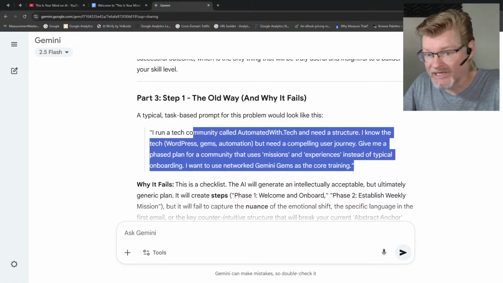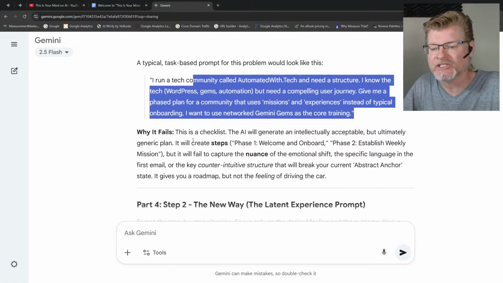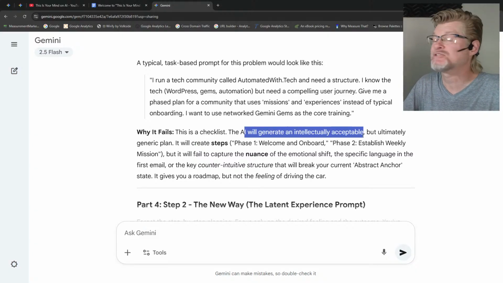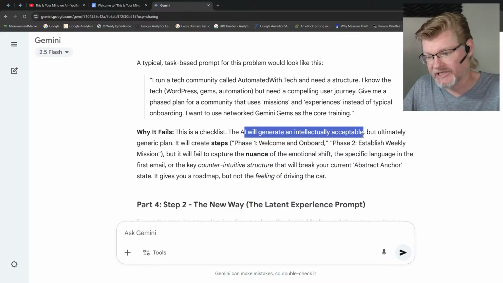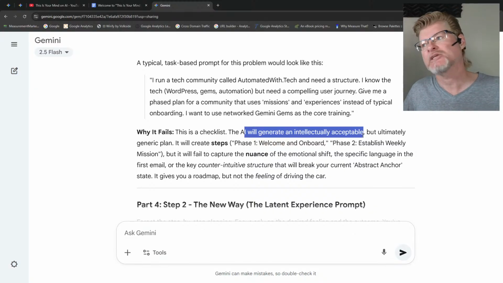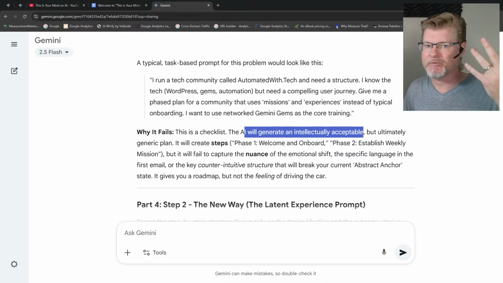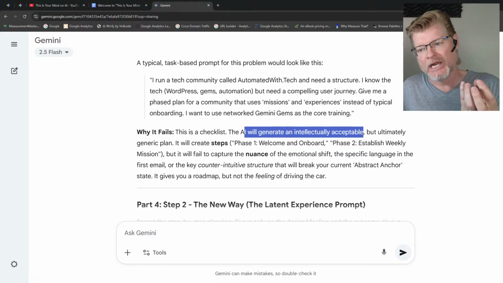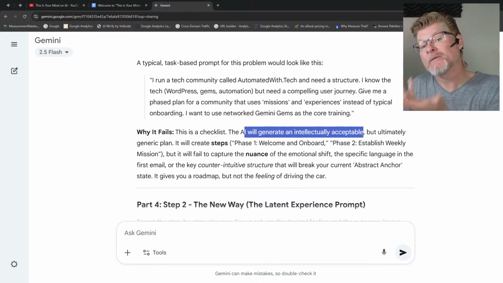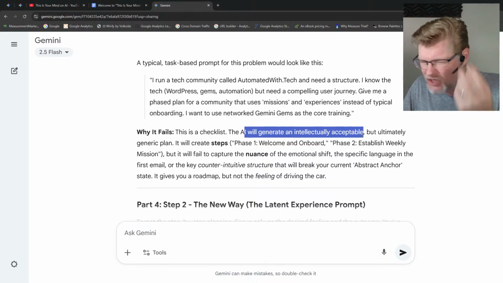Because I've been doing this in the past is why this is failing. It's a checklist. The AI is going to generate something intellectually acceptable, and I have absolutely had a bunch of those conversations where it sounds so freaking smart, but you're not doing anything. All that's happening is you're getting all these great ideas you can go talk to people about, but it's just more work for you. And I just don't think AI should be delivering work. It should be delivering insights so we automatically go take actions now because we just know what's going on.